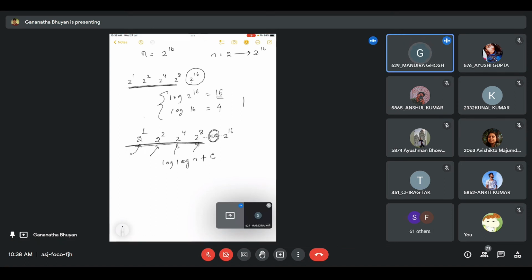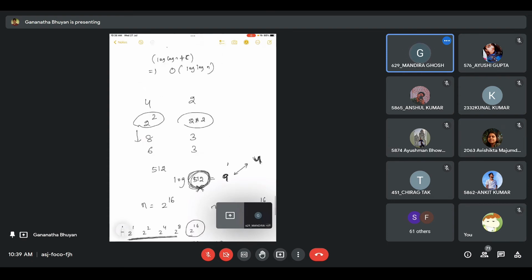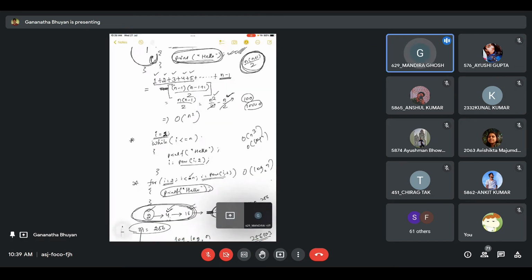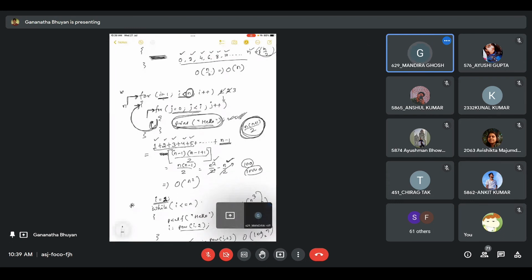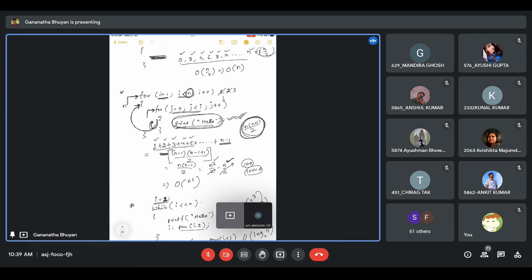Sir, can you please scroll up to the previous question? Where j is less than i, that question. Here in the second loop, our complexity is order of n square, but we haven't counted the outer loop, so it should be order of n cube, right? We have not counted the outer loop. No, we are considering the outer loop as well, because see,